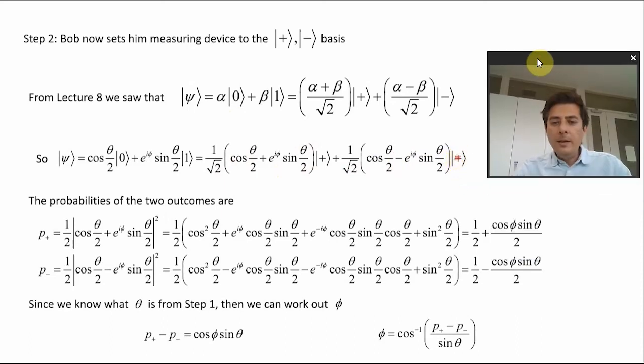Okay, then we can work out the probabilities of these two outcomes just by reading off the coefficients and then taking the mod squared of each of these. So the mod squared is that. And remember, mod squared of any number C, whatever that number is, is C times C star, right? Mod squared is always that. So if we just multiply that whole thing out,